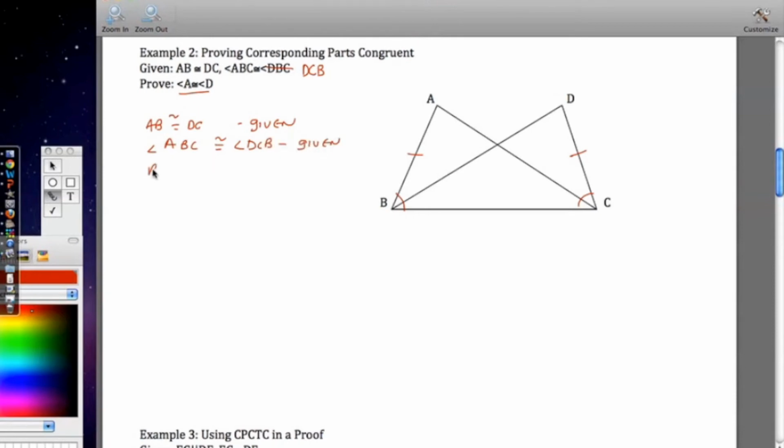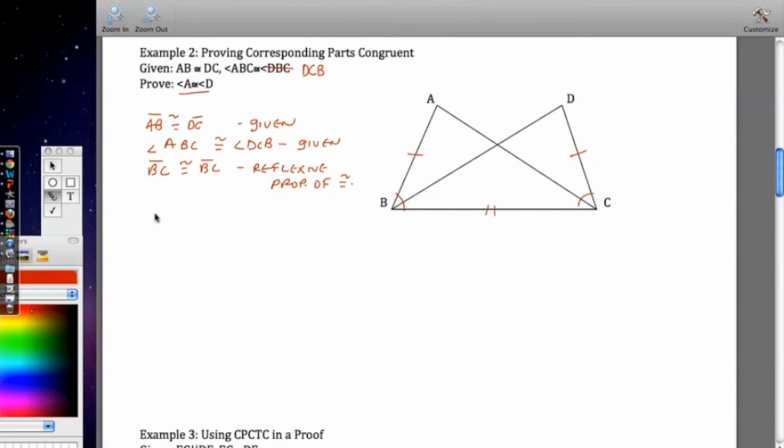And what we can say is that BC is congruent to BC, and that's the reflexive property of congruence. And so we know that that's a side, an angle, and a side congruent to a side, an